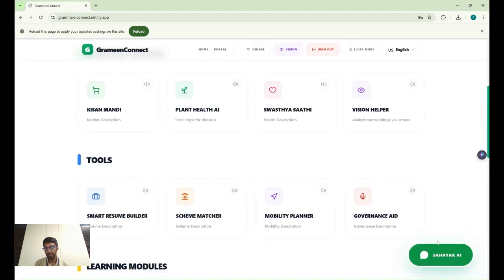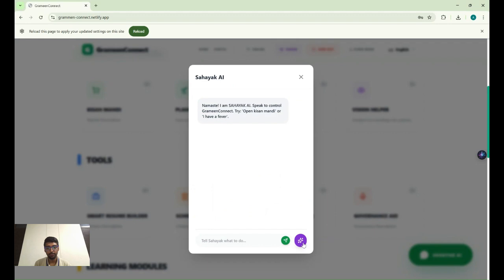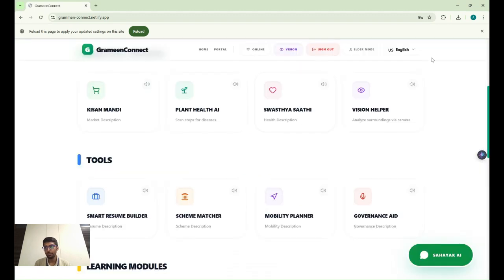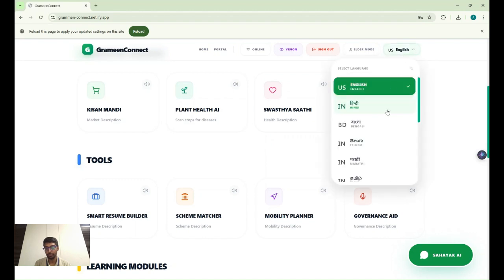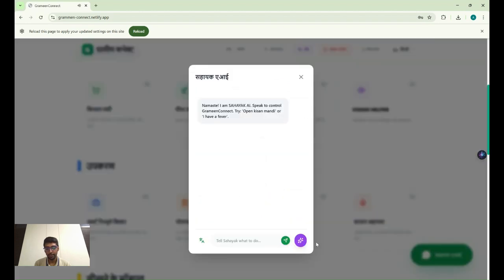Also, we have an assistant here which is called Sahayak AI, which helps you by speech command, or even you can write text, but the best feature of it is speech command. And you can even use it in different languages. Like let me show you in Hindi. If I use Sahayak AI and if I tell it